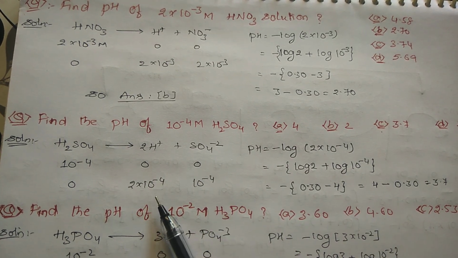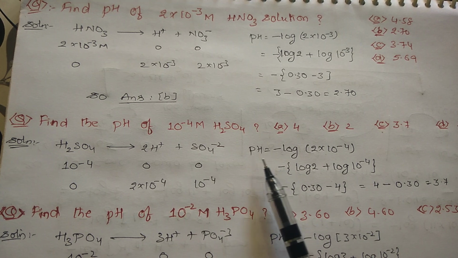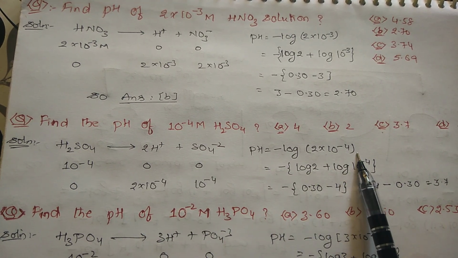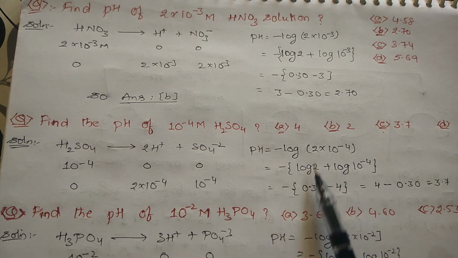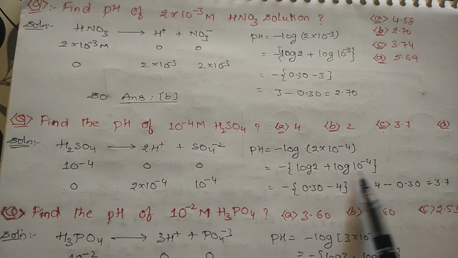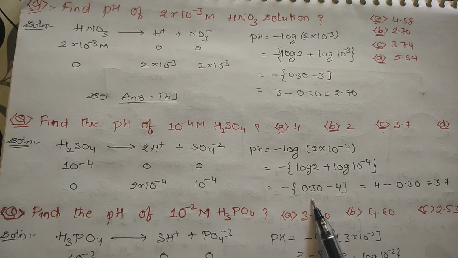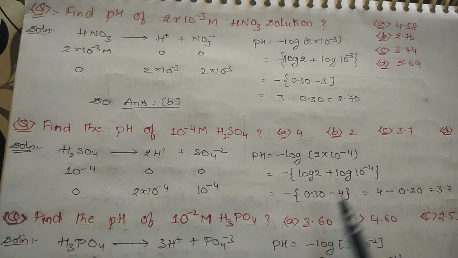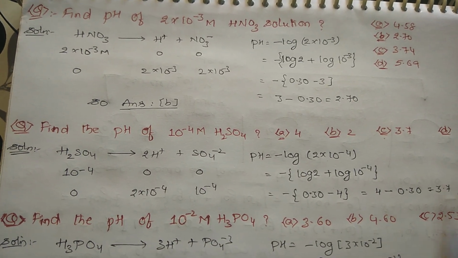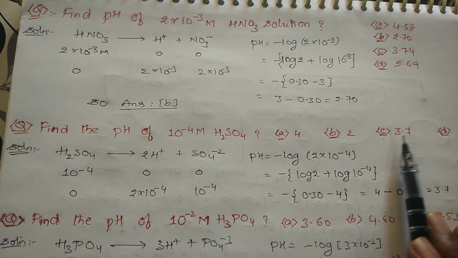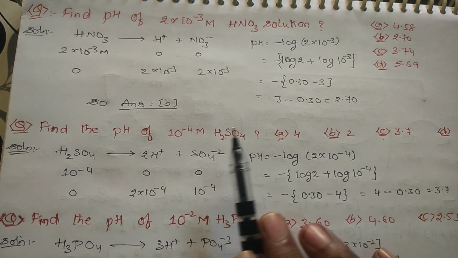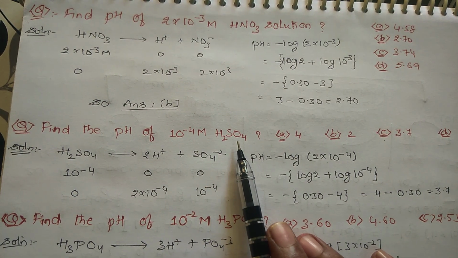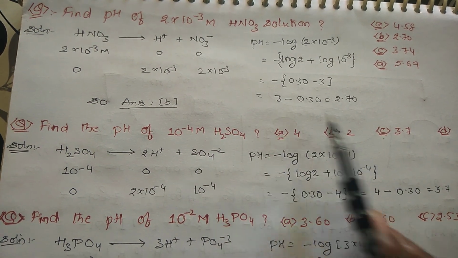So for this you will find the H plus concentration, or pH. pH is equal to negative logarithm of the H plus concentration, which is 2 into 10 power minus 4. So log AB becomes log 2 plus log 10 power minus 4. Log 10 power minus 4 means minus 4, and log 2 means 0.3010. If the minus comes inside, it becomes plus 4 minus 0.30. So the answer will become 3.7, not 4. This is 3.7 as this is a dibasic acid. Suppose if it is 10 power minus 4 HCl, you can directly mark because HCl is a monobasic acid, as you will have only one H plus.